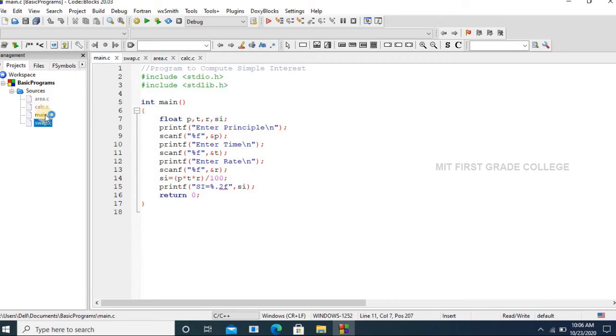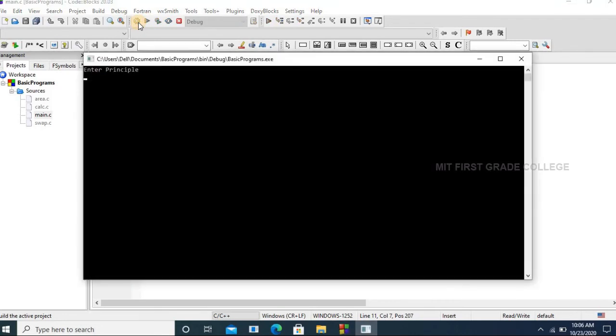For example, area.c, calculator.c, swap.c, you can see it has been disabled. So I will click on the main.c now. It's already opened. Let me compile it. Okay, enter the principal.